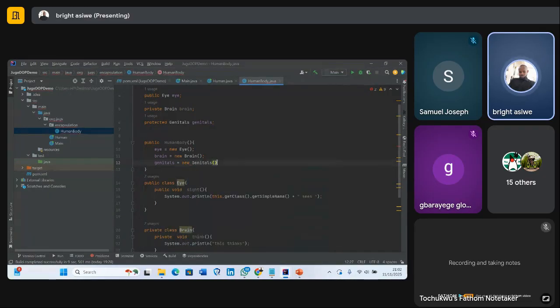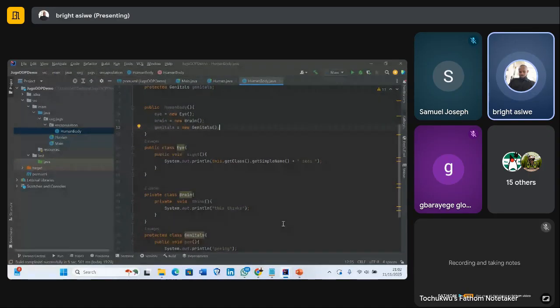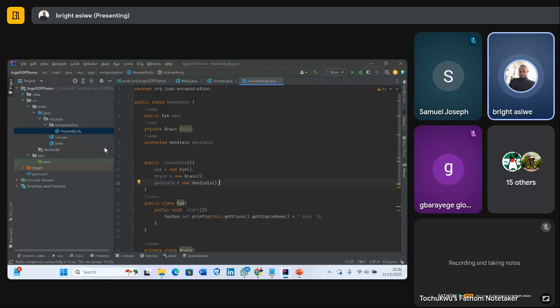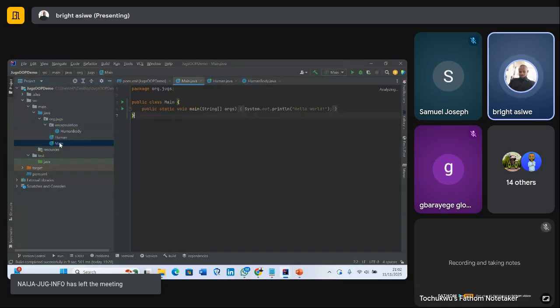Good. So I won't go further to try to run this code, right? Because for us to actually run this code, we need to take it to the main method so that we can be able to see. Okay, I'll just take it outside. So these ones are in different packages, right? Good. So if I come to this main part here,